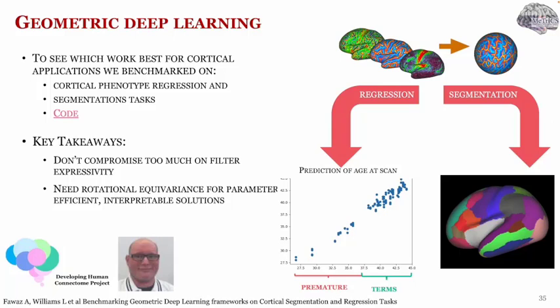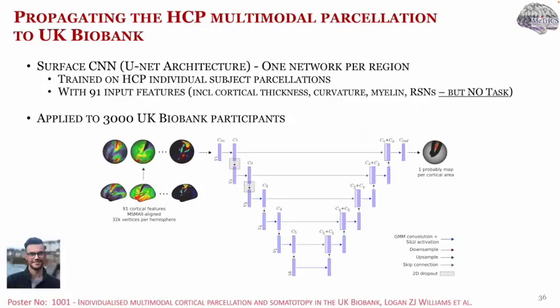However, at a high level, the key takeaway that we found was that we really couldn't compromise too much on filter expressivity if we wanted to learn complex cortical imaging tasks, but nonetheless, you have to bear in mind that cortical imaging datasets are small in deep learning terms, and so invariance to rotational transformations is going to be necessary in the long run if you want to learn parameter efficient and interpretable solutions which generalize and don't overfit to your data. So, informed by all of this, Logan developed a surface convolutional neural network architecture to robustly propagate the